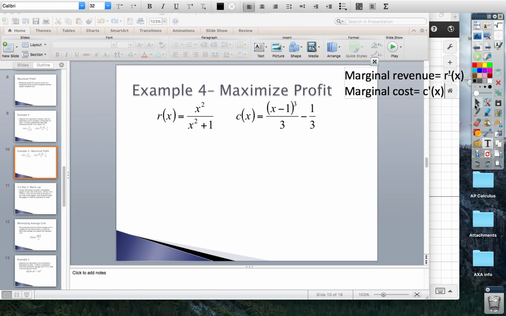So, for example 4, if we are trying to maximize profit, we're going to have to set R prime of x equal to C prime of x. So, sorry, not when we graph that, when we set those two things equal to one another,